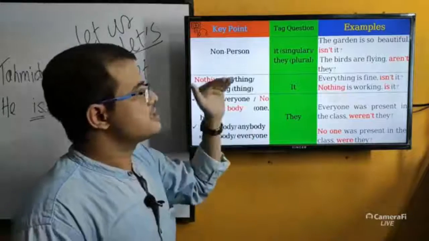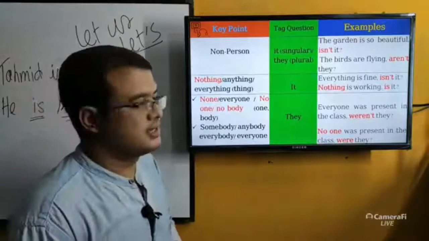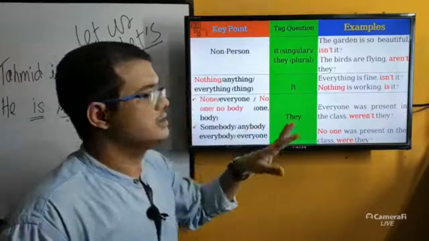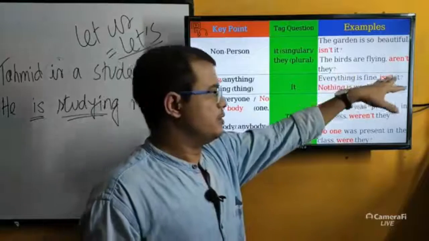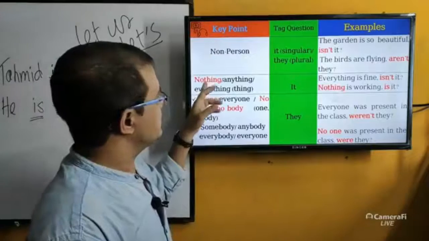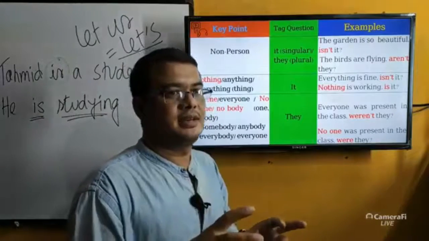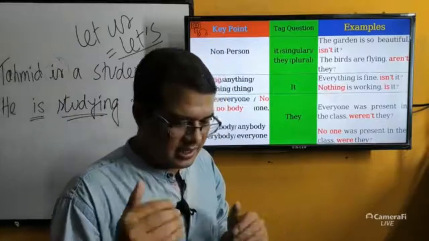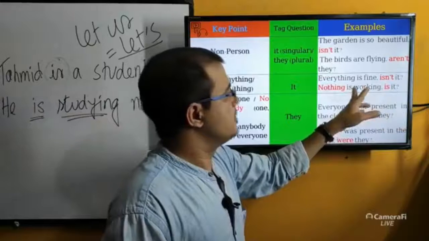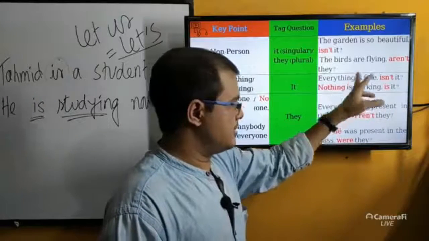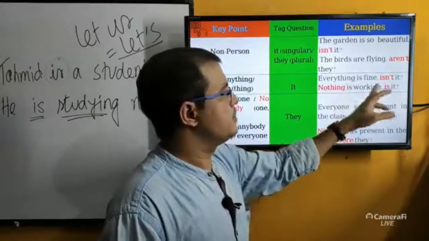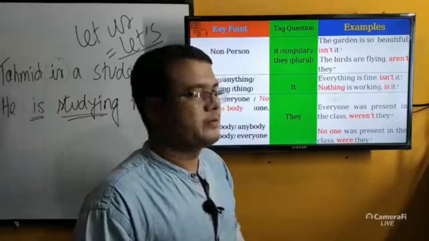If any statement starts with nothing, anything, everything, with a thing, জিনিস বোঝাবে, okay, then at that moment we use just isn't. If it is positive it will be isn't, and if it is negative it will be is it. Now you see here nothing itself is a negative, নিজে হচ্ছে কি negative, so it will be positive. The statement will be positive, so we will use is and instead of nothing we will use the pronoun it,